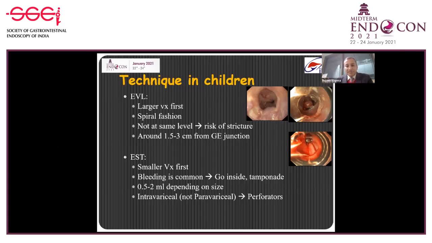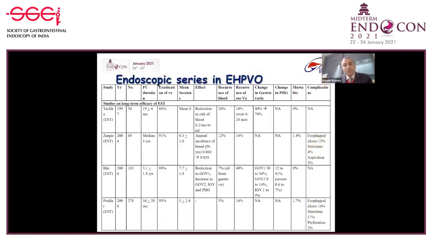So it takes time. And it is recommended that 0.5 to 2 ml should be injected in each of the varices, and the preferred approach is to inject intravariceally rather than paravariceally, to block all the perforators which are draining the varices. So these are the endoscopic series in extrahepatic portal venous obstruction, where the eradication rates have been